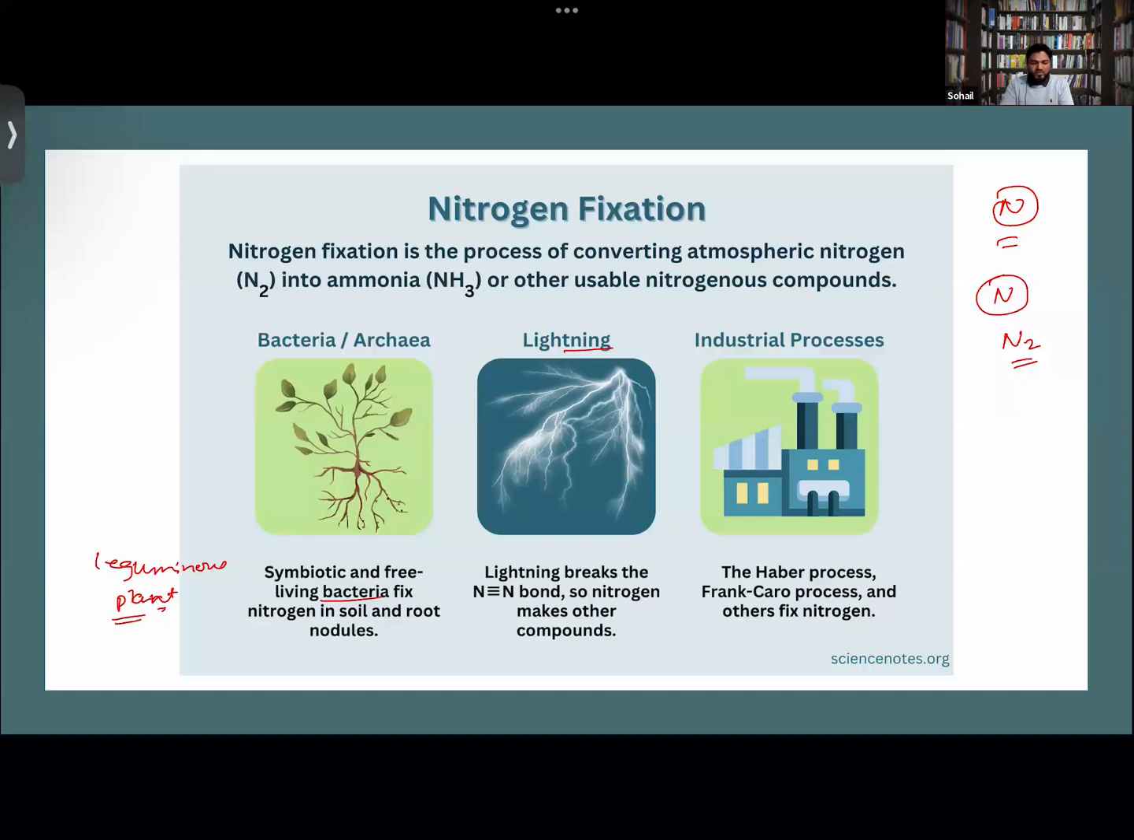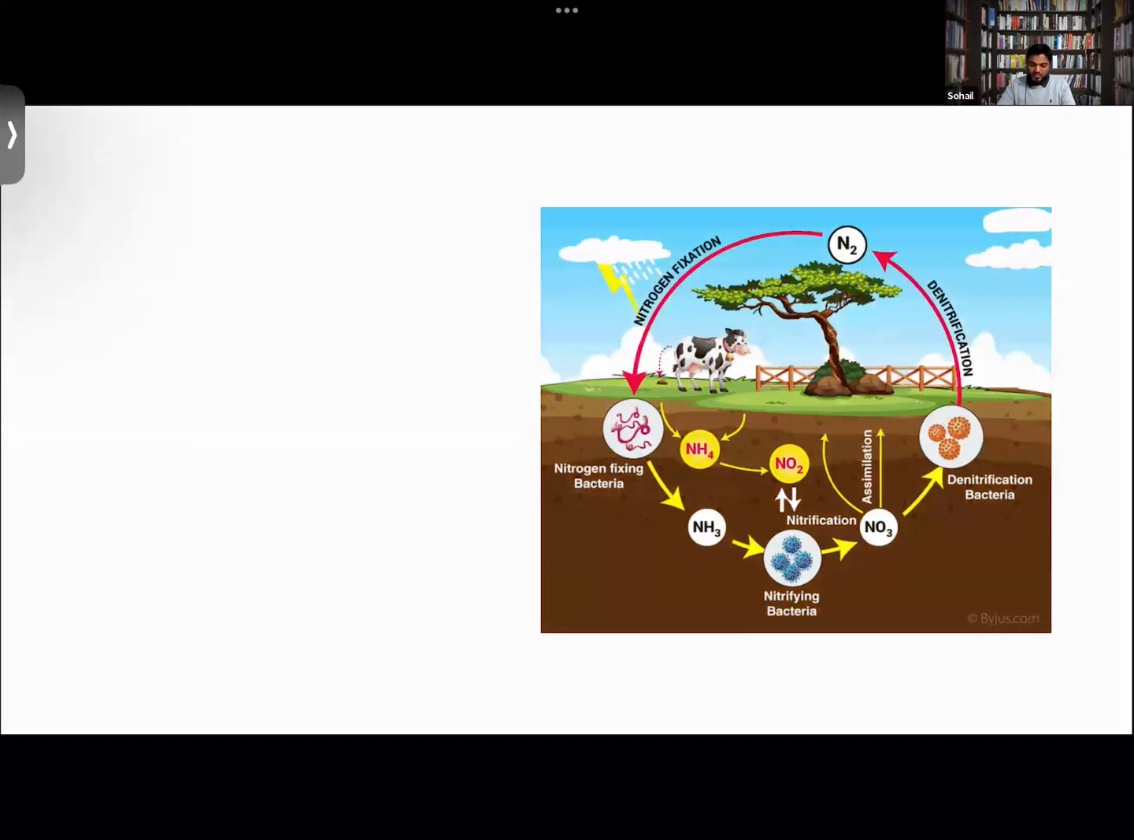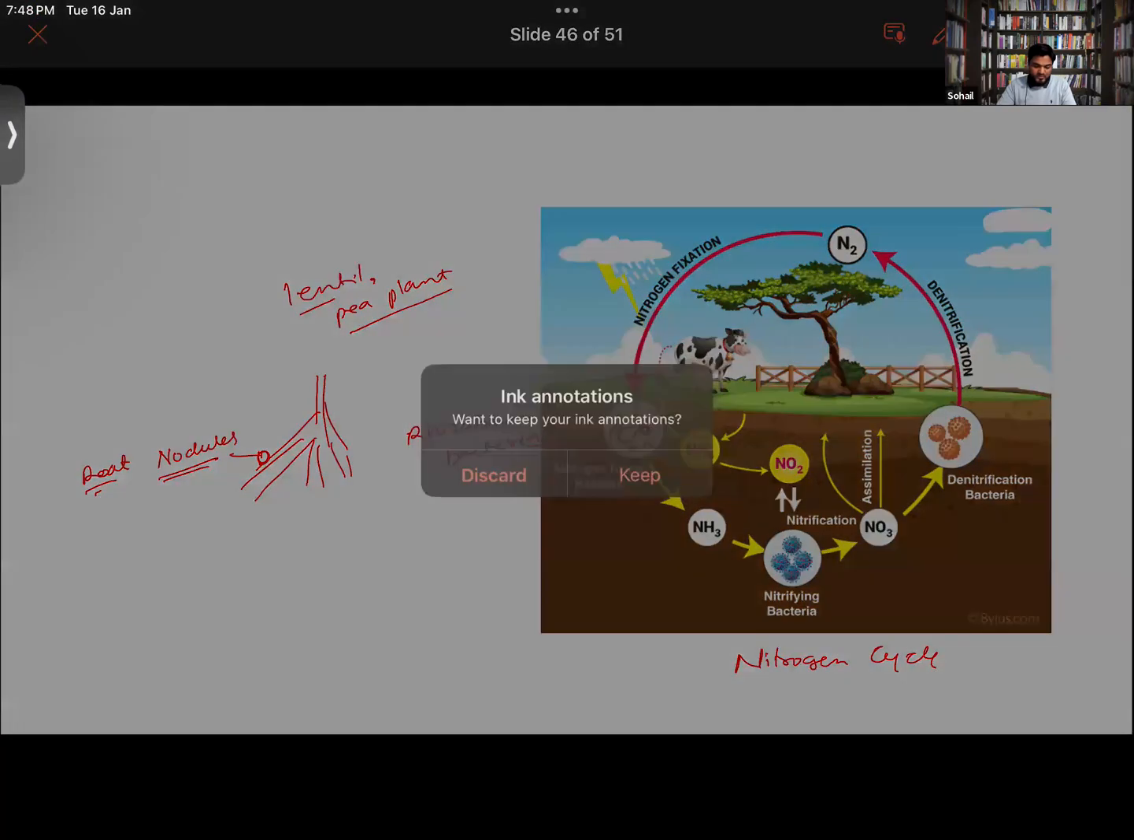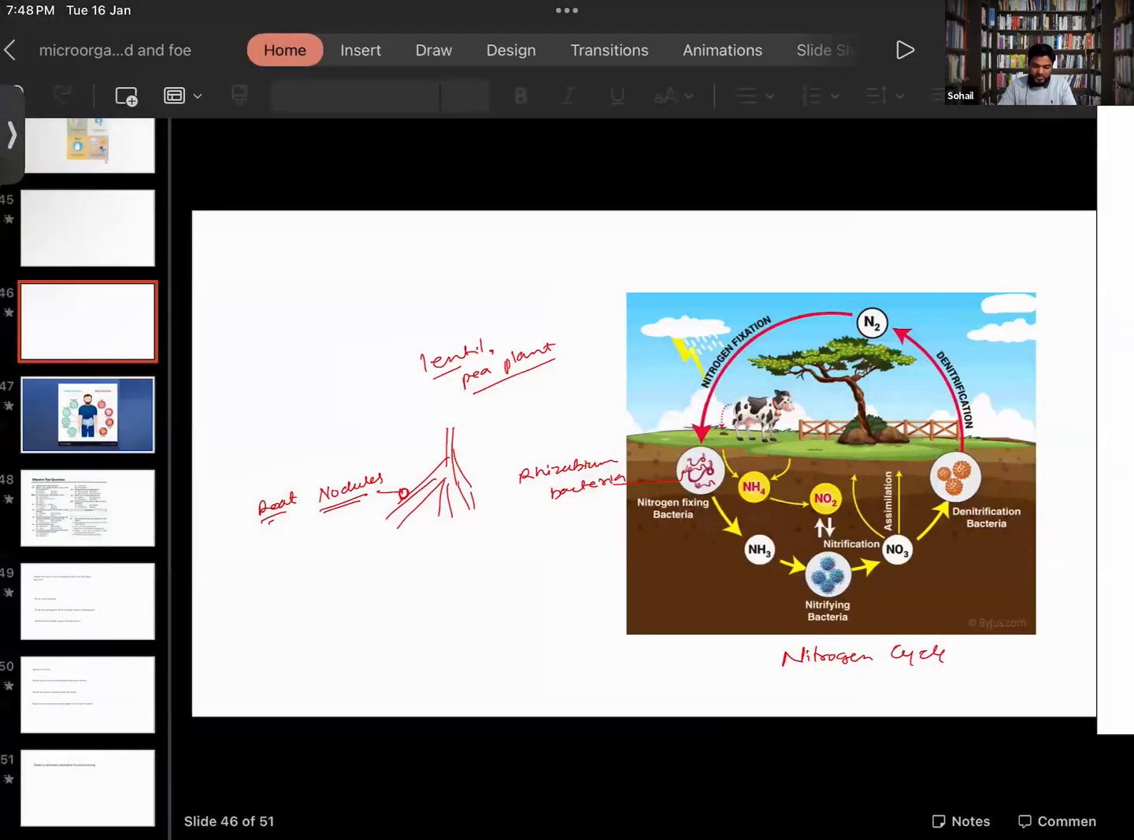So the whole process here is to convert nitrogen gas of the atmosphere into compounds of nitrogen which can be taken up by the plant. If you are getting confused in this diagram, most probably you might be asked to draw a diagram of the nitrogen cycle. So you would draw this diagram. Here is the atmospheric nitrogen, which is converted by rhizobium bacteria